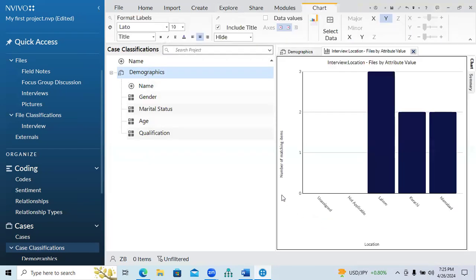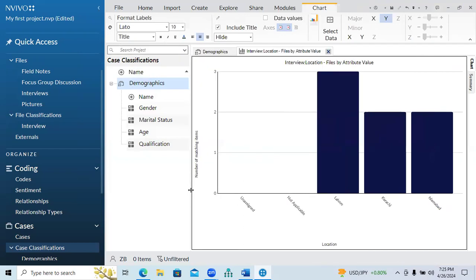Now it will show you some data like this for your interview location. If you see this file, this is the number of matching items, and it will show you the data that you have conducted interview. Majority of the interviews are from Lahore. There are three persons from Lahore, two are from Karachi and two are from Islamabad. And if you see, there are two values which are appearing here by default, like unassigned and not applicable. You can simply remove them, and there is a procedure of removing them. For example,